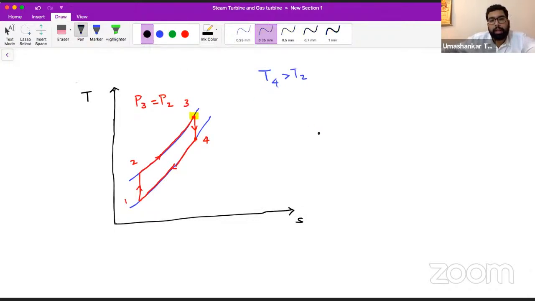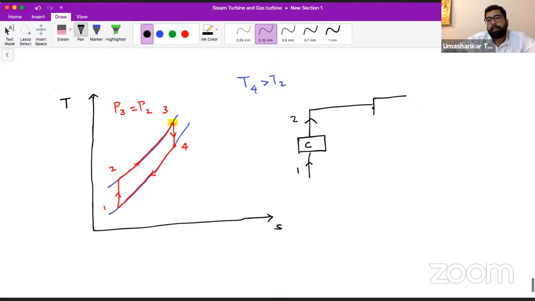What was our cycle? So we had a compressor here. This is the compressor. So from 1 to 2, the air is coming out from the compressor at point 2. Then in the combustion chamber, heat is getting added. So at point 3, at the exit of the combustion chamber, now it is going to our gas turbine, where it expands,